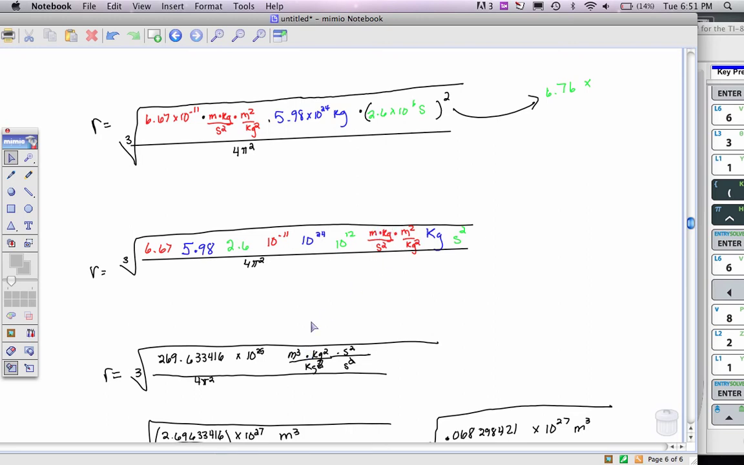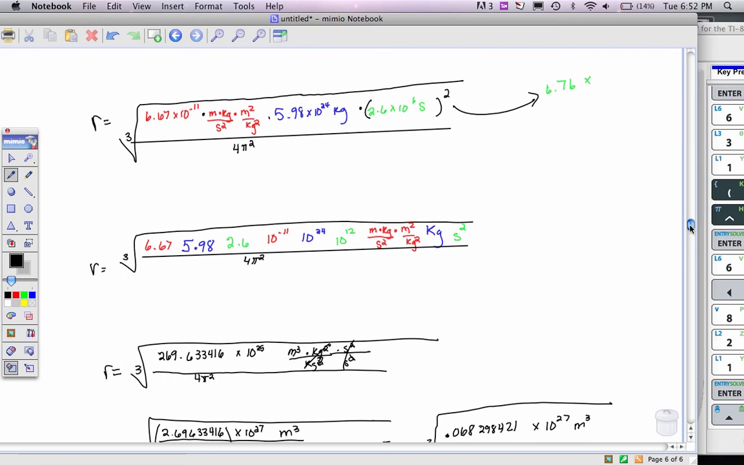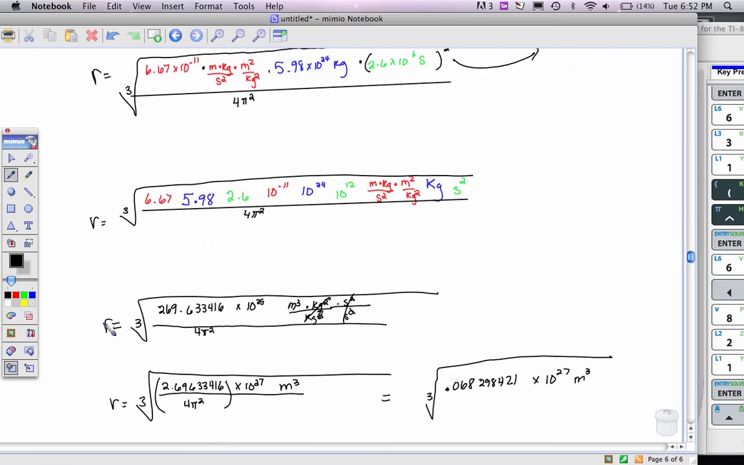And I put together my m and my m squared, make m cubed, kg and kg make kg squared, s squared on top, and then I add a kg squared on the bottom and an s squared on the bottom. Now you can see what cancels out here. And what I'm going to do before I go any further, I'm going to rewrite